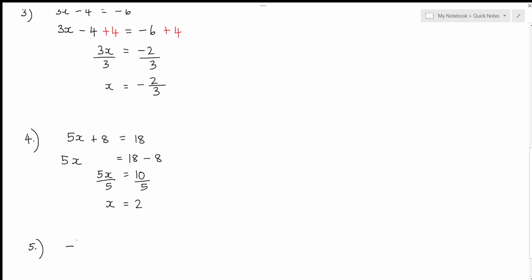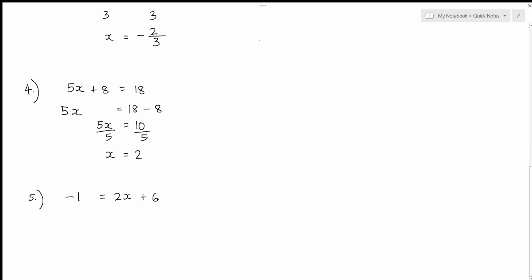Here we have negative 1 equal to 2x plus 6. And the x is on the right-hand side. So you'd need to move the plus 6 across. Okay, and because this one might confuse you, I'm going to write it out again. Okay, so negative 1 equal to 2x plus 6. And I need to move that across. And to move it across, I'm going to minus 6 on this side and minus 6 on the left-hand side. And I'm going to be left with